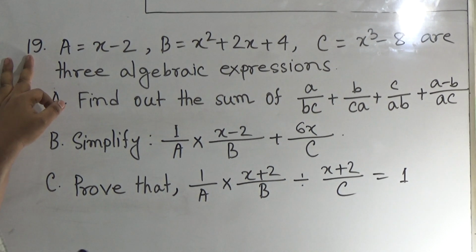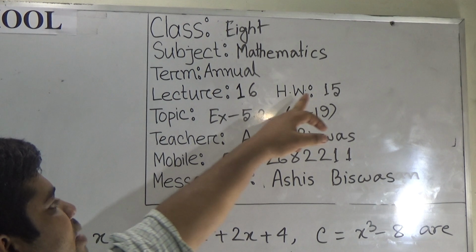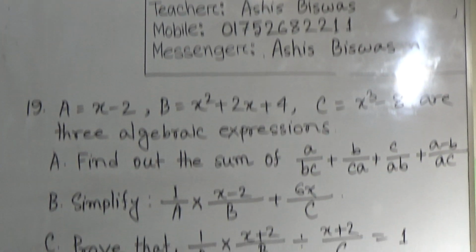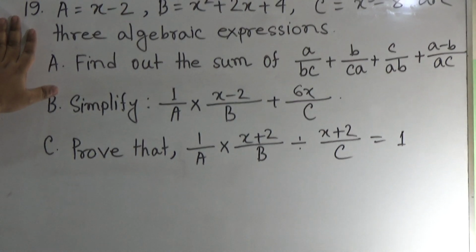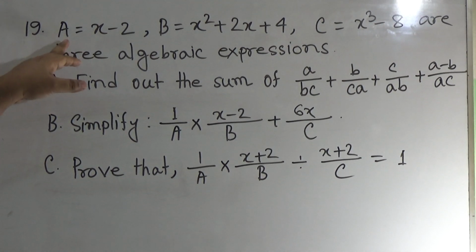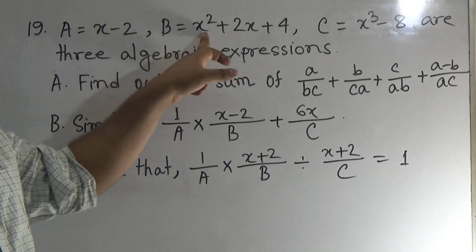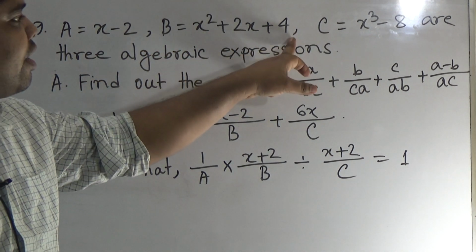My dear students, today is our lecture number 16 of the annual term and today's SW number will be 15. So let us start our class. At first we read the question. Question number 19. Here a equals x minus 2, b equals x square plus 2x plus 4, and c